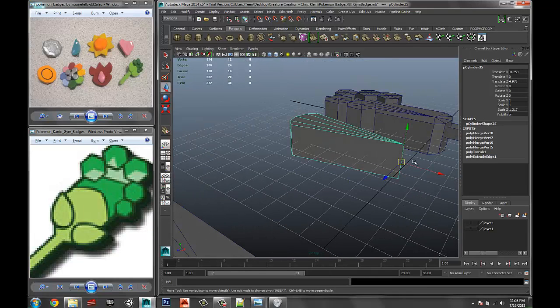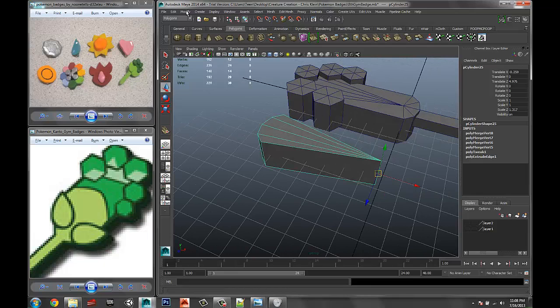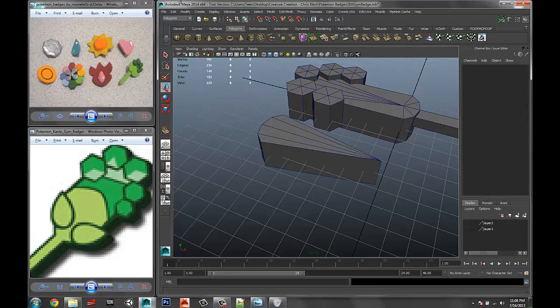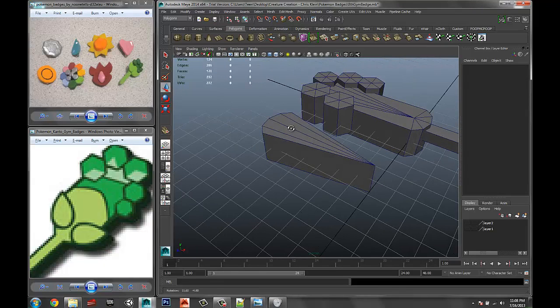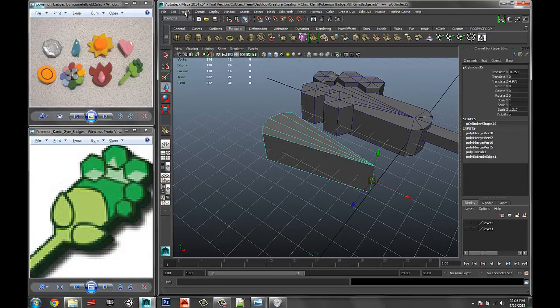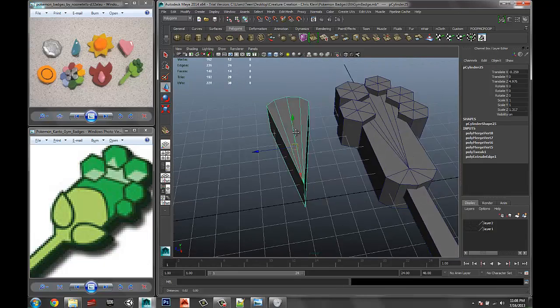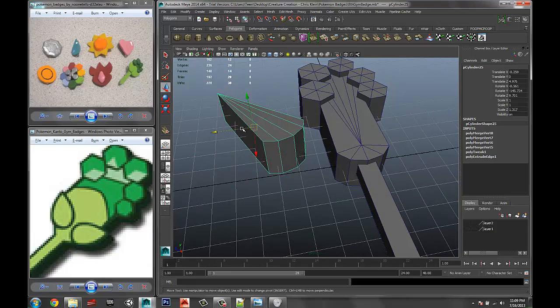Note that the center pivot is over here, and I really don't want that there. So what we can do is center the pivot with a tool called center pivot. You're going to go up on your dashboard and go to modify, center pivot. That didn't do it because my object was not selected. So modify, center pivot. It's right there. Yay! Okay,